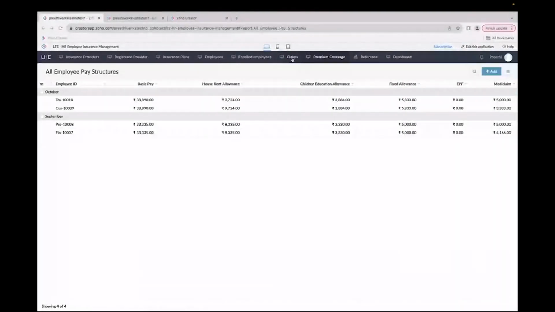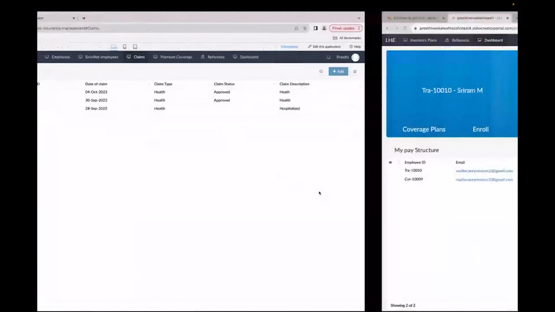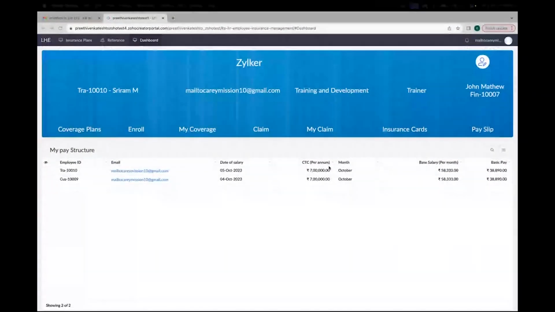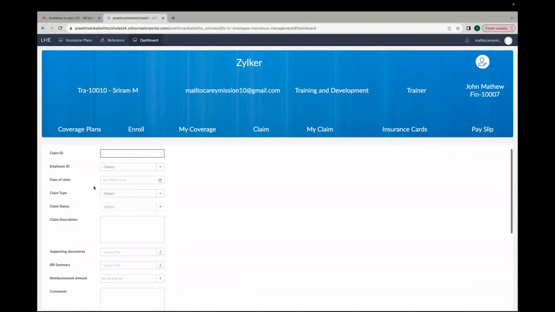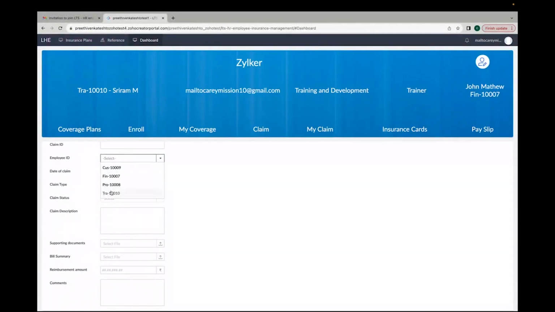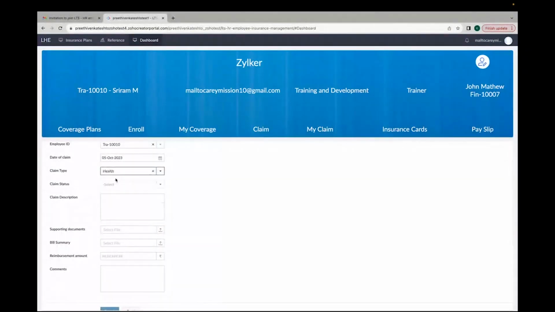So the next module is going to be the claim. So let's say that the employee has faced a financial loss and he is willing to claim the financial loss for his health. So we will be giving him a claim form in his portal as well. So he will be enrolling himself for that particular claim today. And the claim type is going to be for the health,